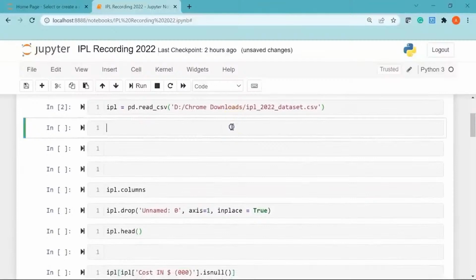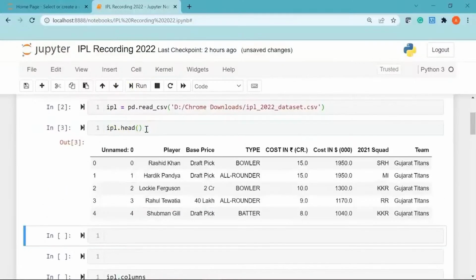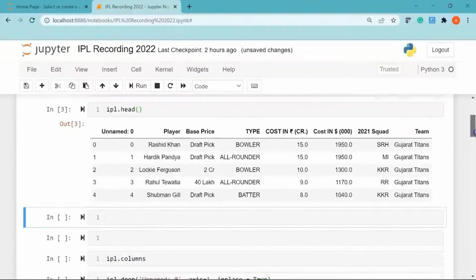Now the next step, let's go ahead and explore our dataset. So I'll use the head function for this, IPL.head. Okay, so here you can see the different columns. We have an